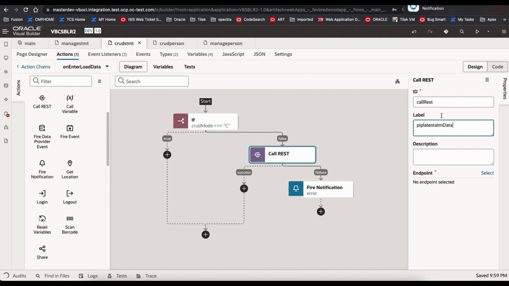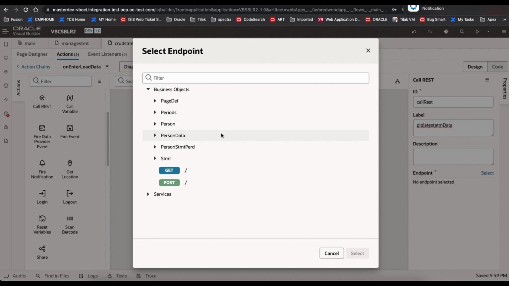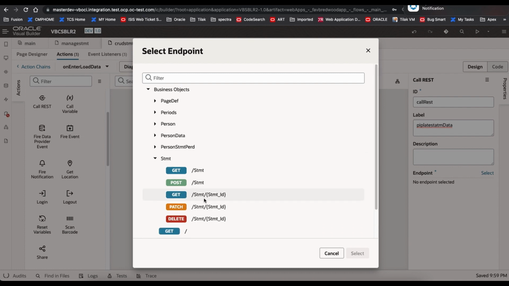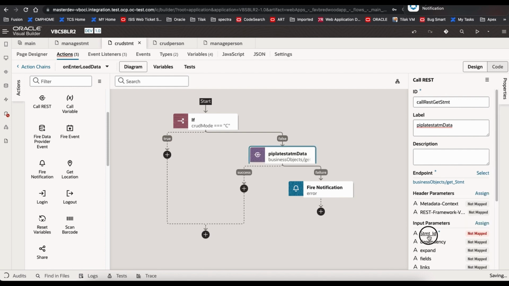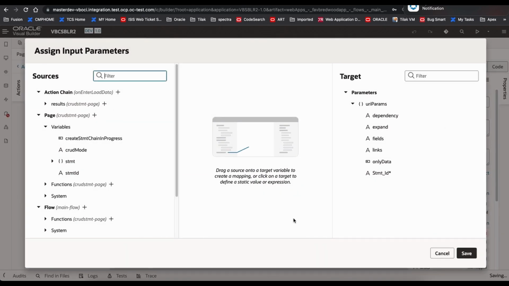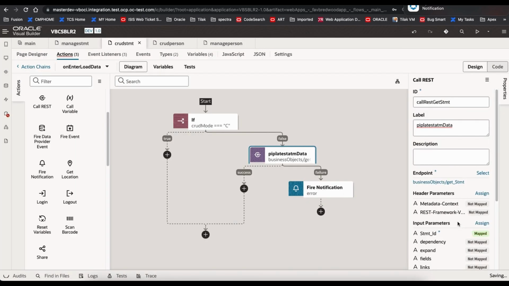So we are going for the business object. In the business object, we are going to the statement. We are getting one single statement because that's for only one statement ID. The statement ID is passed in, so we have a statement ID now. After that is